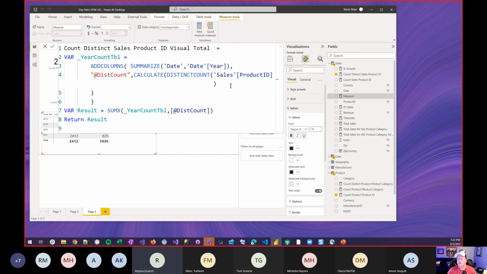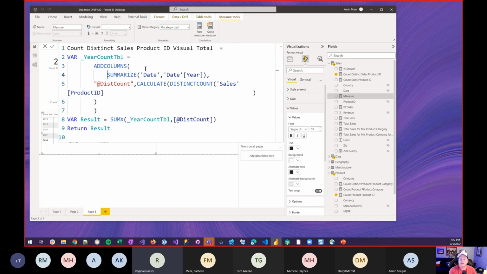Okay. So the first thing we're doing is we're producing a variable that's going to hold the table, just like we talked about before. And you can see I even named my variable to have table on it. It's going to use add columns and summarize columns,